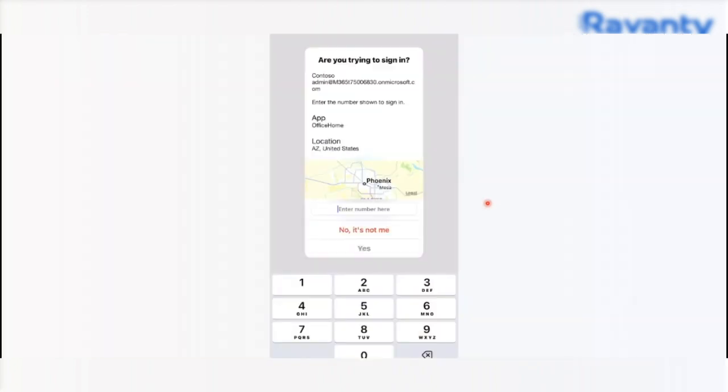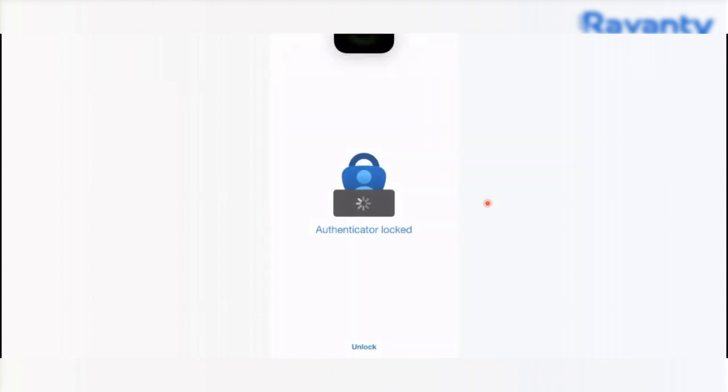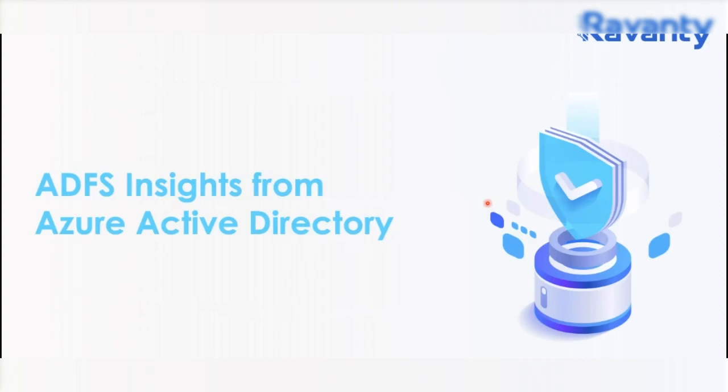Now, I'll show you what that looks like on the phone. So I got that notification on my phone. As you can see, the code was 10. Now this code matching is new. It's to protect against MFA fatigue, meaning instead of you just getting a notification saying approve the sign-in, you actually have to match the codes. So as you saw, I entered code 10. I entered code 10 here. I said, yes, it's me. It allowed me to log in, and I completed the full passwordless experience.